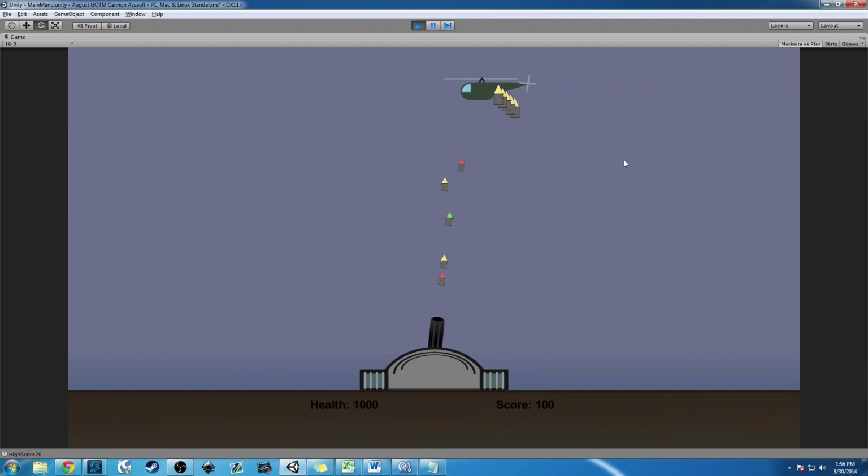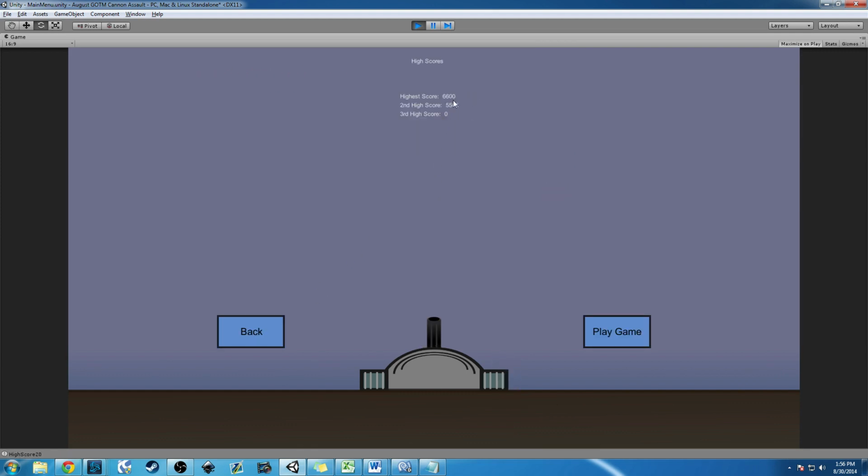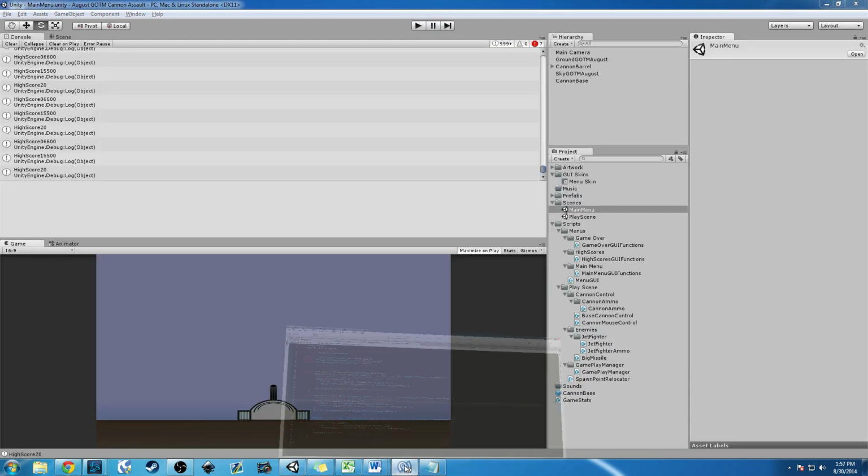And now I'll try to get a higher high score. Hopefully, okay, so we're over 6,000 now. I'm going to let us die, and then you can see that everything should have shifted. All goes well. Okay, so we have 6,600, go back, you see, we have 6,600 and our 5,500, and actually, our third high score did not shift down, so...